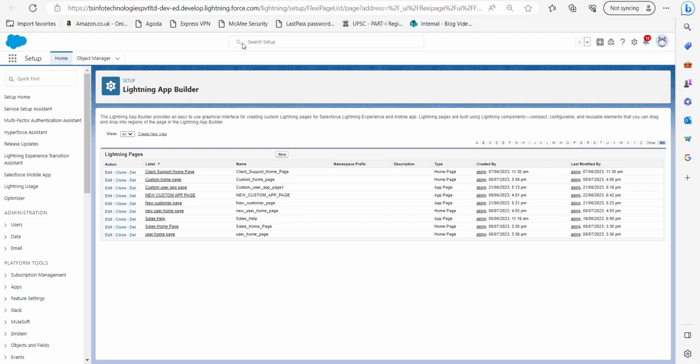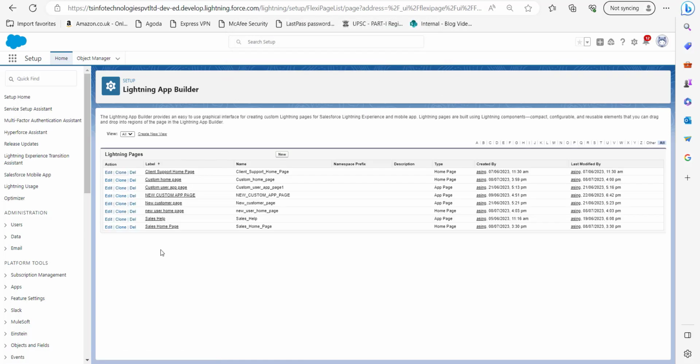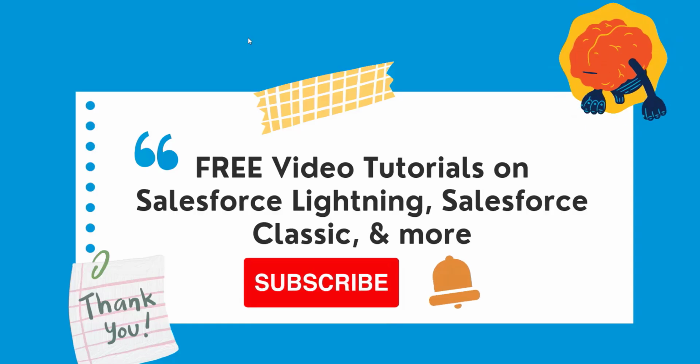So right now I have deactivated this home page from all the applications, and now again I will click this delete button, and in the confirmation window just click on this OK button, and here you can see the user home page is finally deleted from the Lightning App Builder. So this was the process of deleting a custom home page in Salesforce, and I hope that you have liked